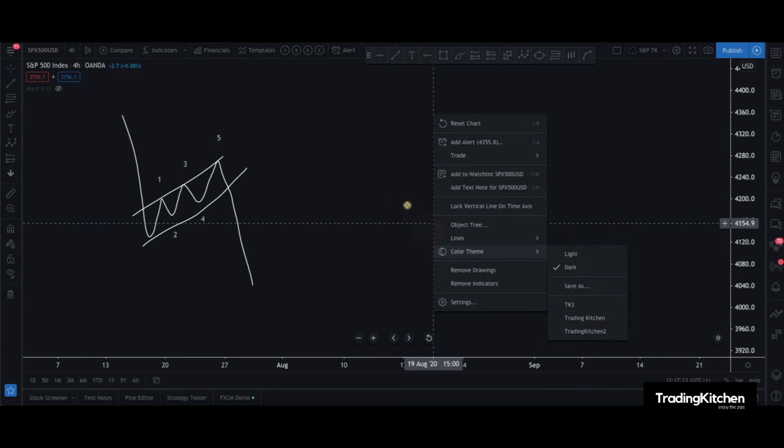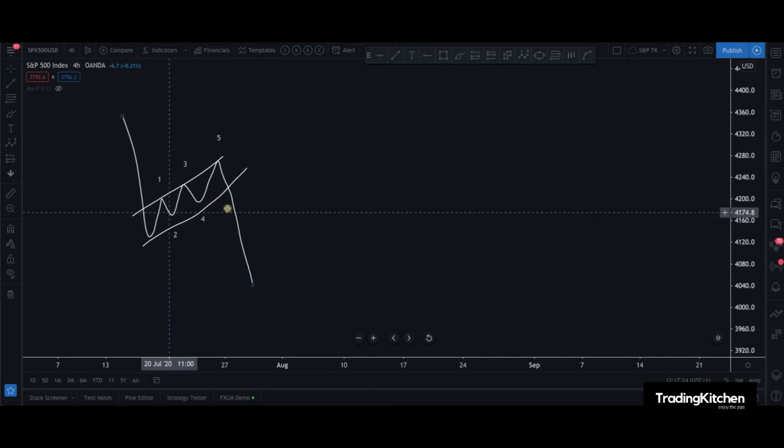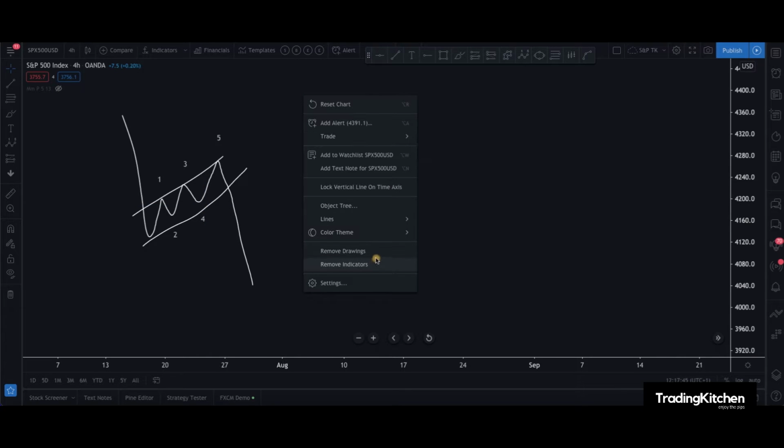So when the channel is opposite to the impulse, this means that price will resume the main trend. It will be opposite to the channel as well. Vice versa,